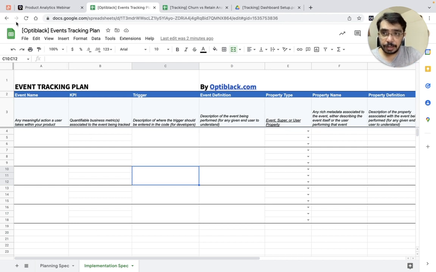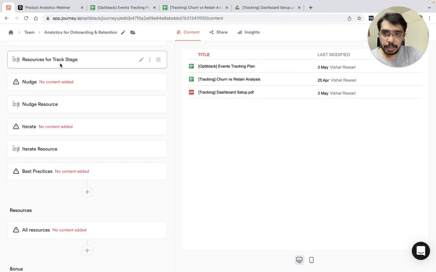So I would just tell where to find those resources. So there is something called resource for track stage in this thing. So you can get all those resources for the track stage. All right. So